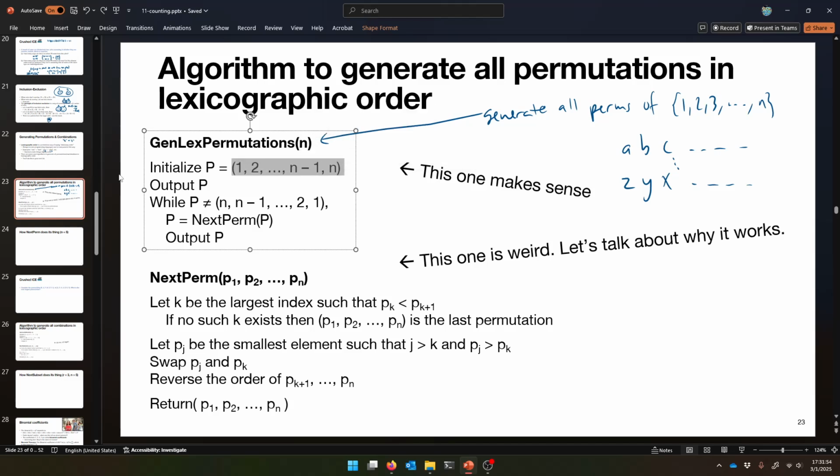That's your first permutation, so output that one. And then, as long as you're not the last permutation, like the numbers backwards, or Z down to A, you see how that's your last permutation. As long as you have more to do, like you're not on the last one, then take your current one, plug it in the next permutation,